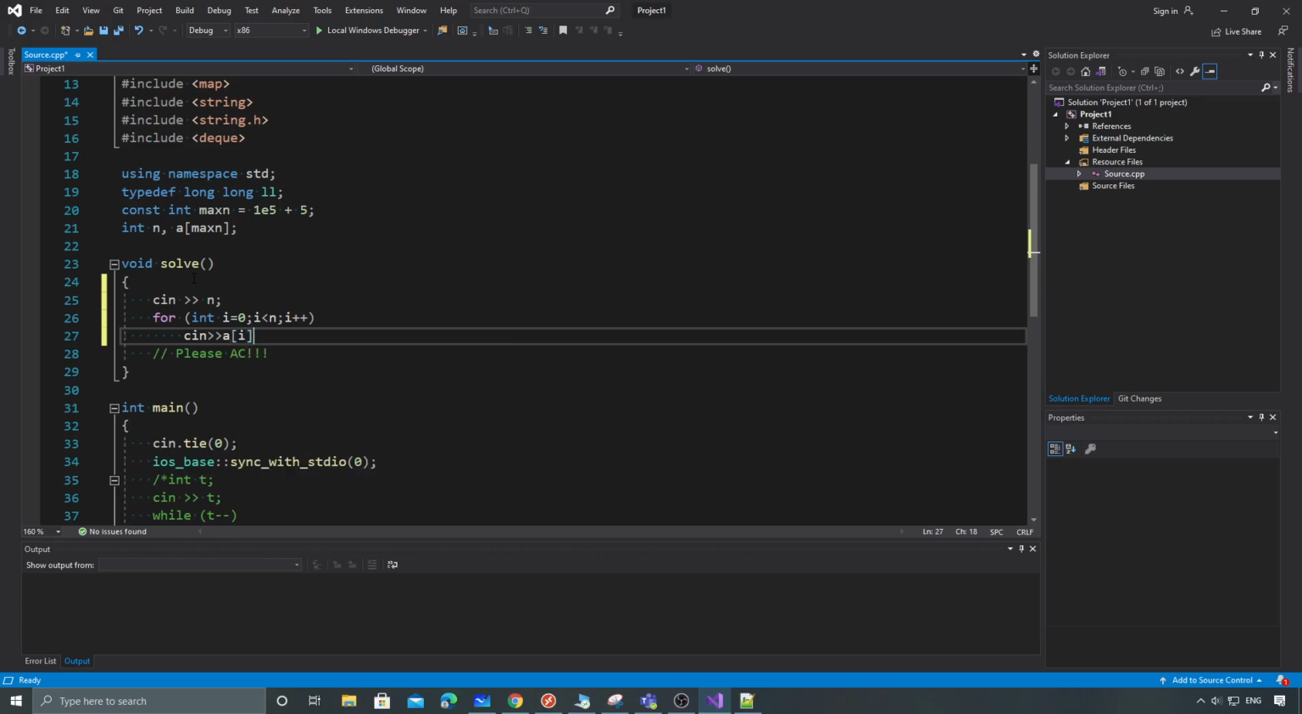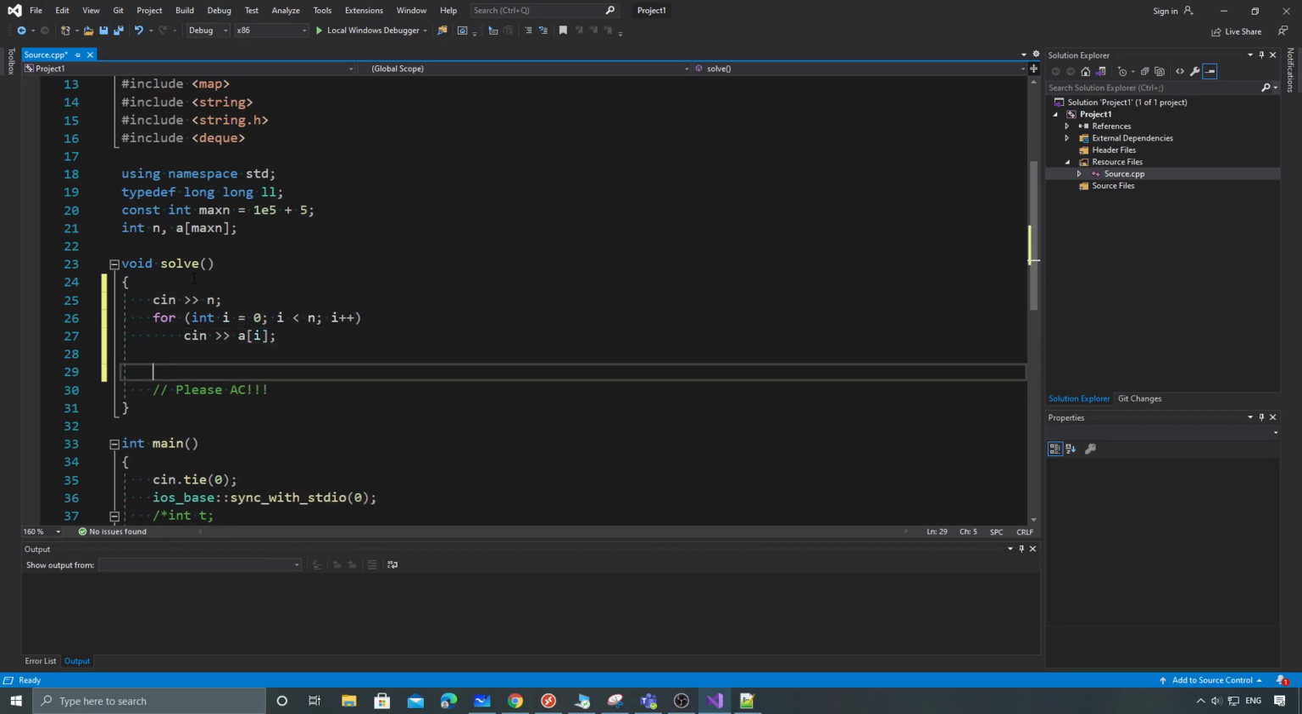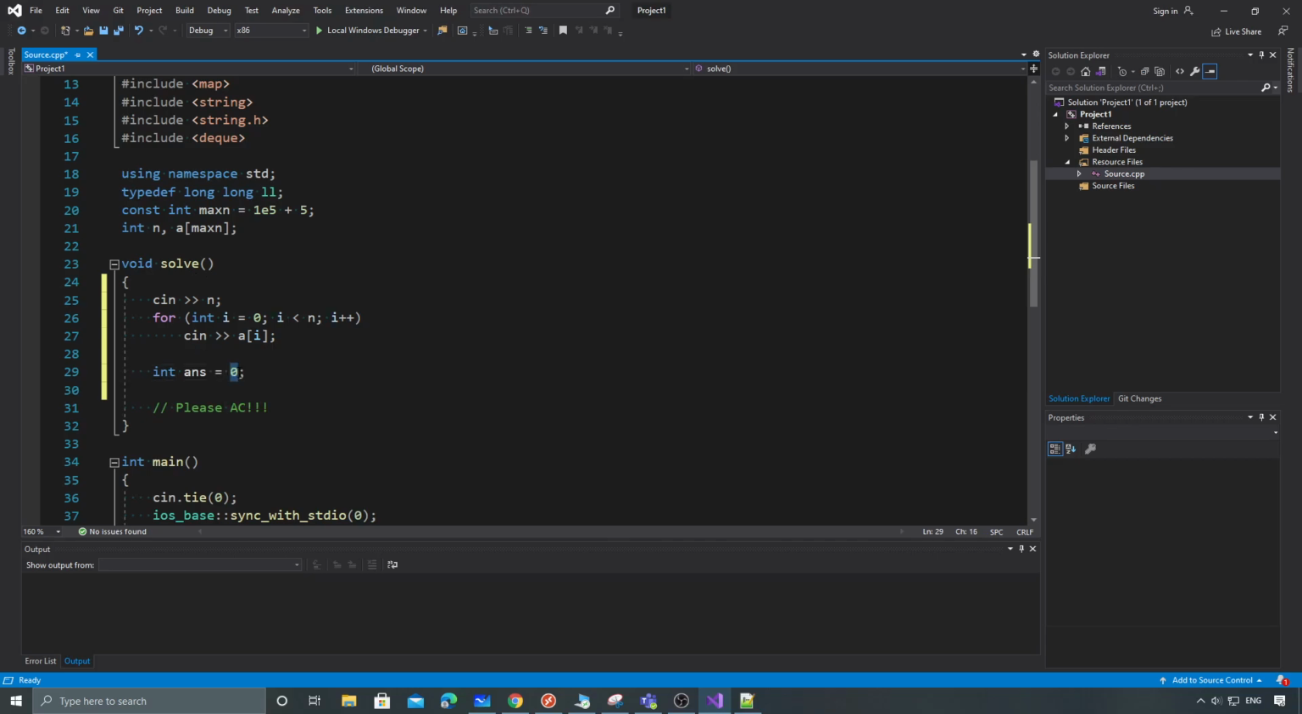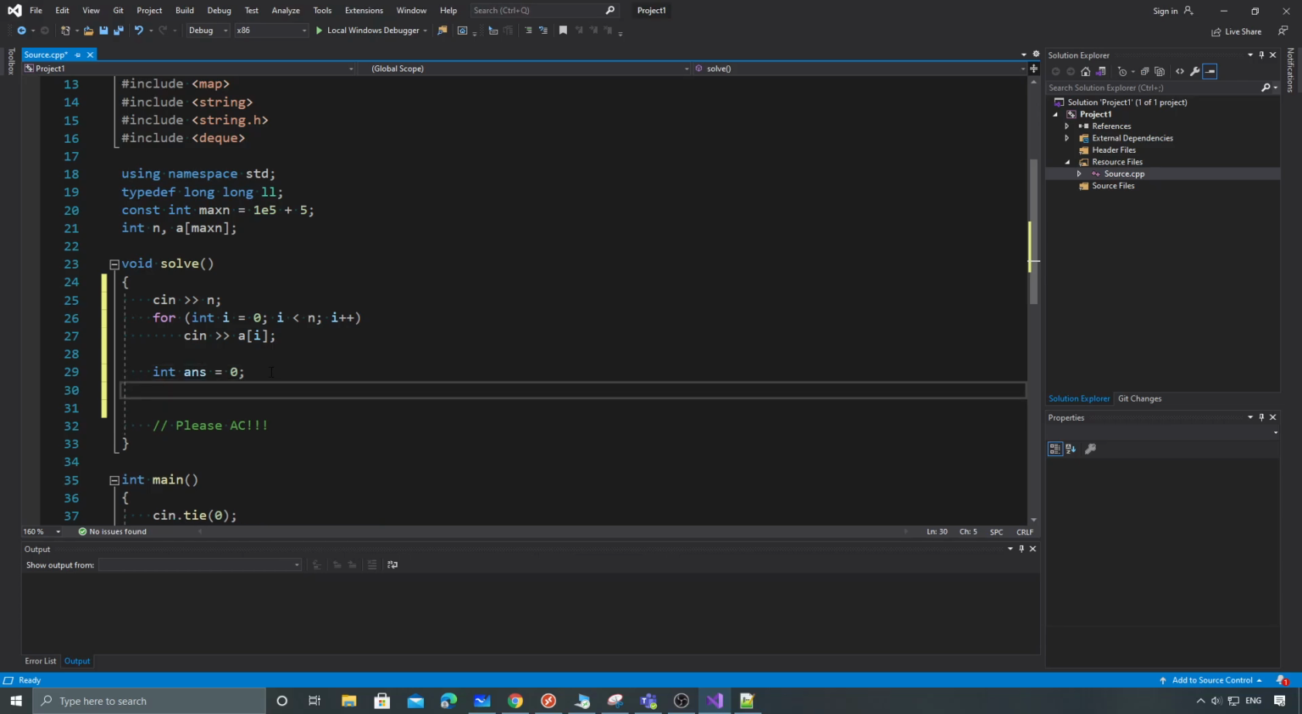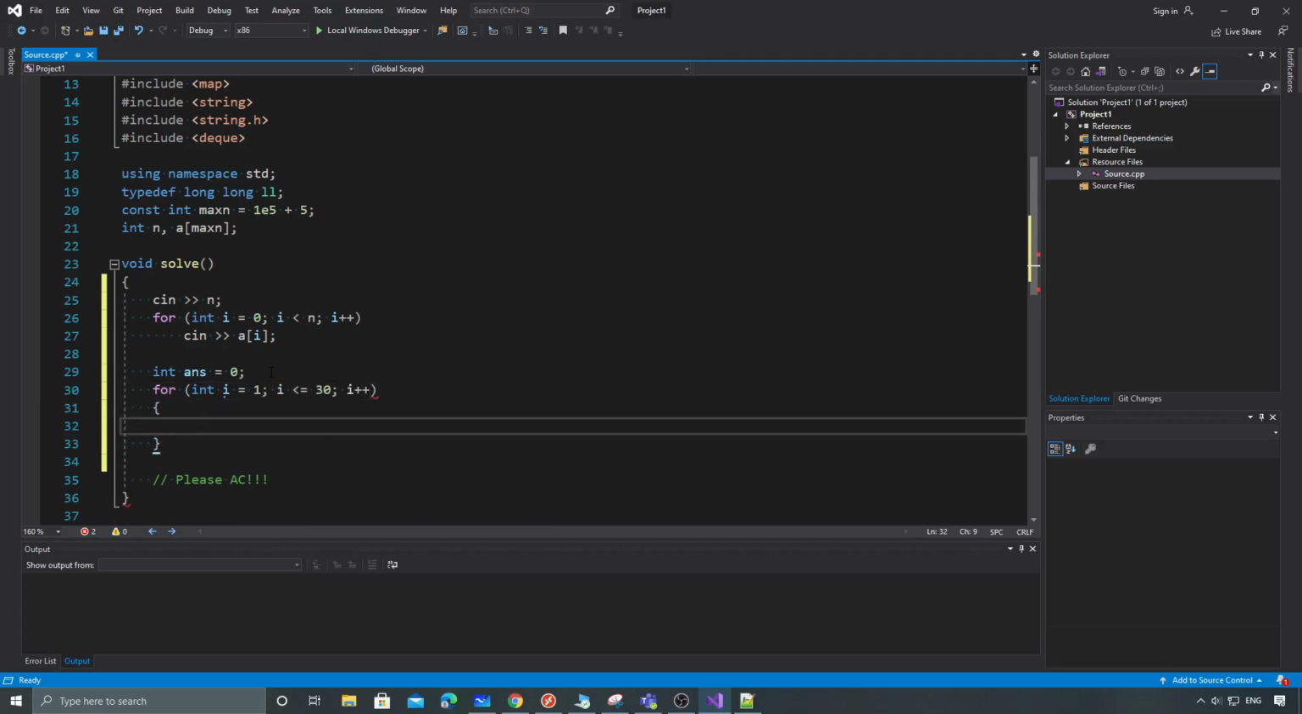a[i]. Cool. And then for the final answer, we're assuming, so now here I set 0 because the worst case scenario is 0, like I said. And then for int i, let's actually do i from 1 to 30, i equals 1, i smaller than 30, and i plus plus, and then for the inner loop,